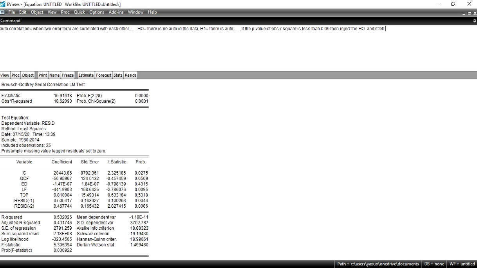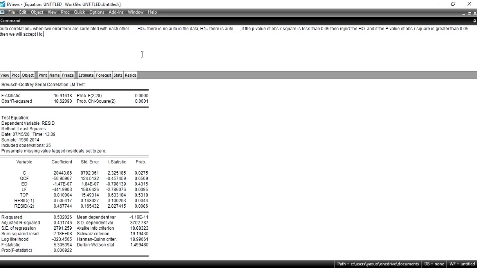And if the p value of observed R square is greater than 0.05, then we will accept H naught.